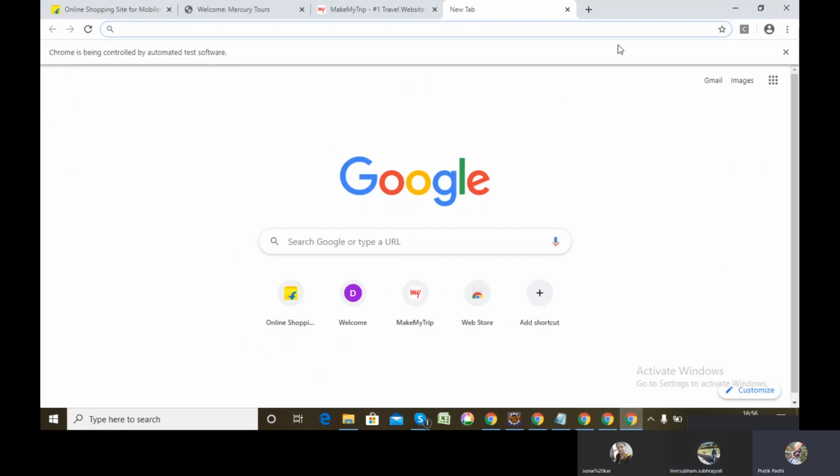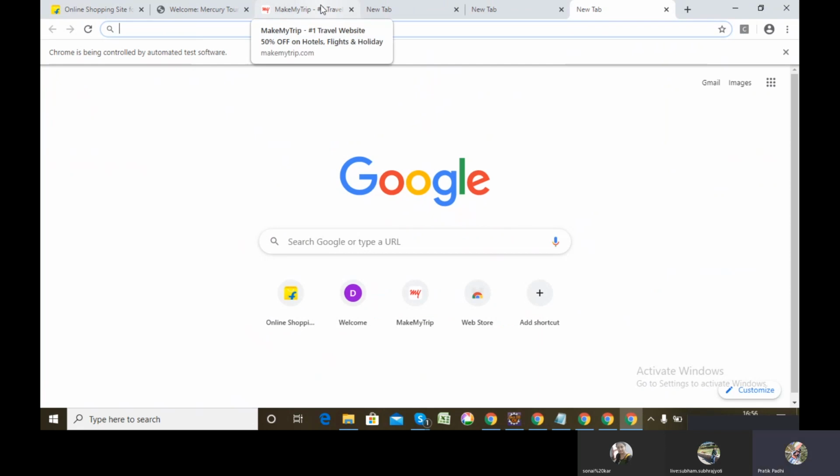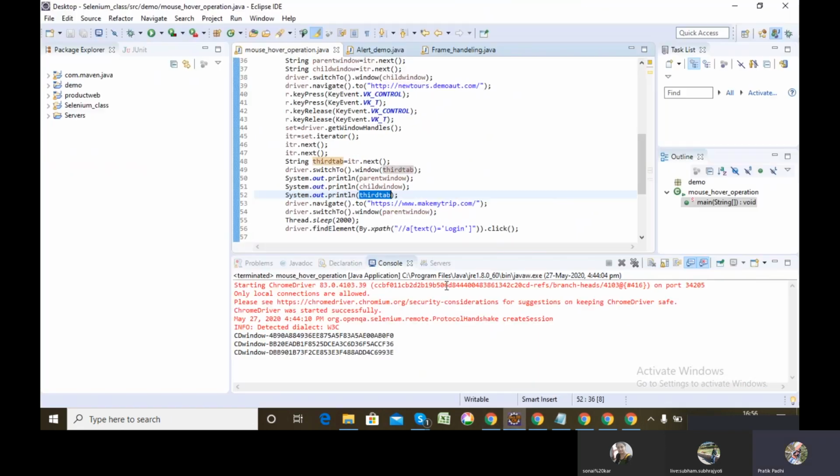Let's say, for example, there are another two tabs open. So here my control is there, and I directly have to do some operation in a web page open in the fifth tab. Directly you switch from here to here. From here you have to do an operation in the third tab. Directly you switch from this tab to this tab using the ID of that tab. Okay. Got my point?